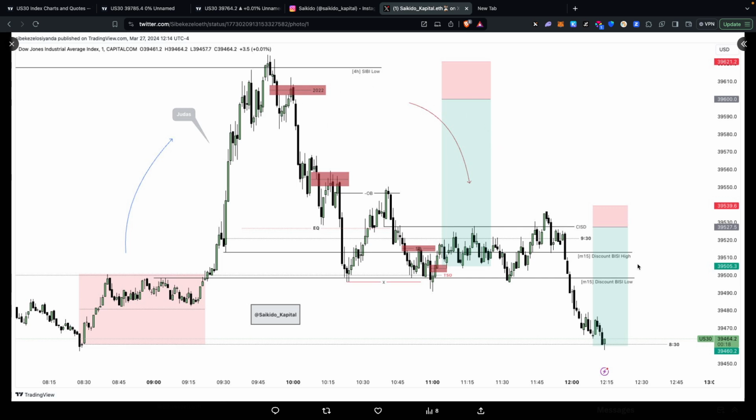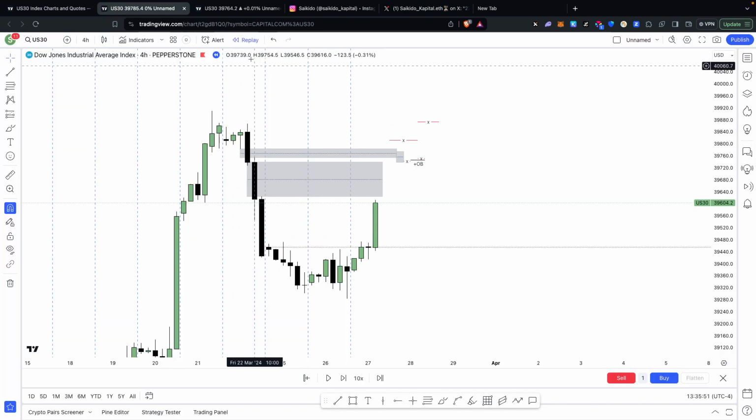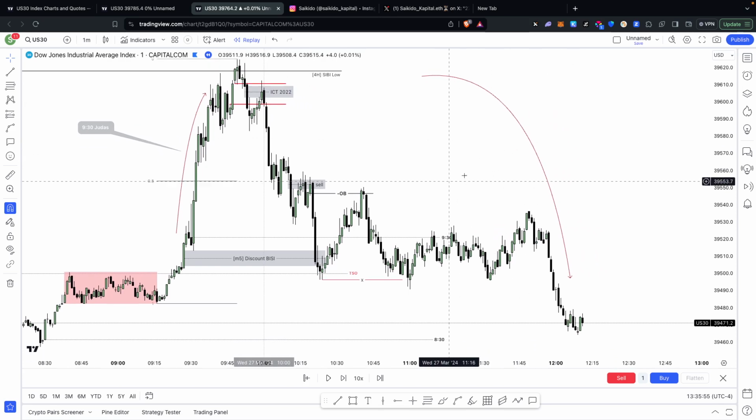Pretty much significant, and you can see I also highlighted that fair value gap right there. That was a good entry to the downside right there. So that's it from me today, guys. I hope you go back and study these things. The model is pretty simple. You need a high, a low, a higher high, then a lower low. Breaking structure on retracement, you hit the fair value gap, and that's the 2022 model.